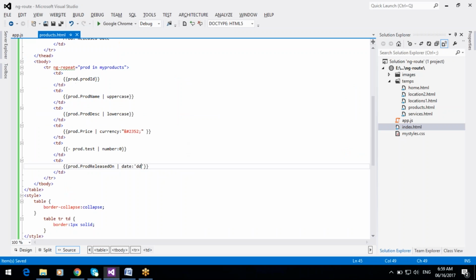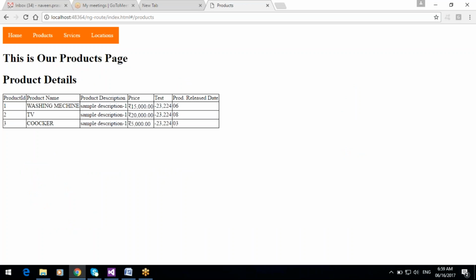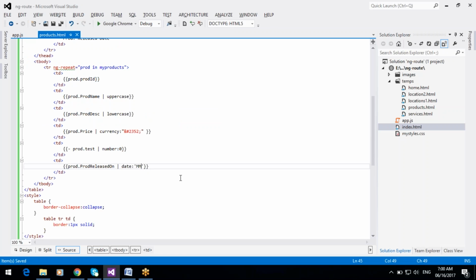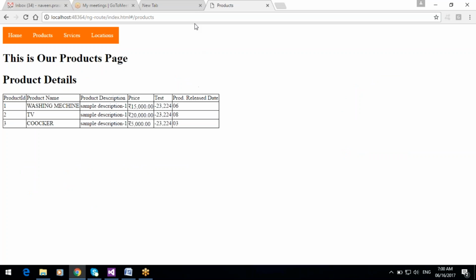And if you want to display only the month, use capital MM. Then only numbers are displayed. If you want to display the full month like March, April, May, use four M's: June, August and March.